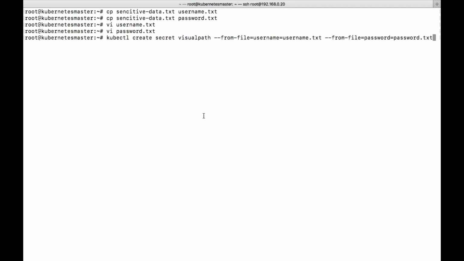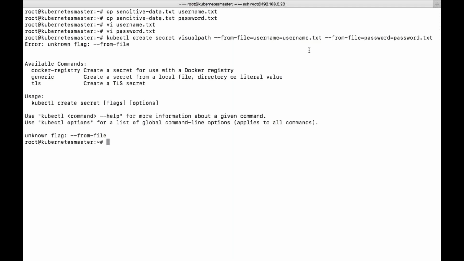For both of them I'm creating new keys. I don't want to give the file name as the key. Create secret, from file. Unknown flag: from file.